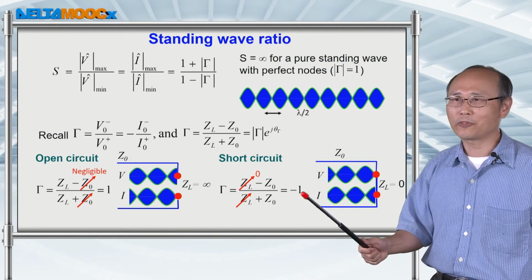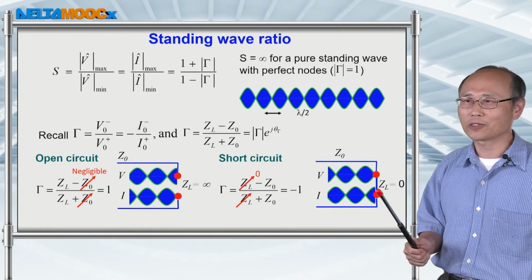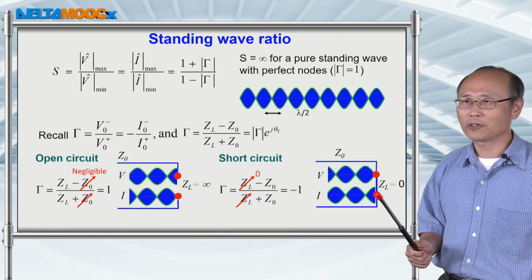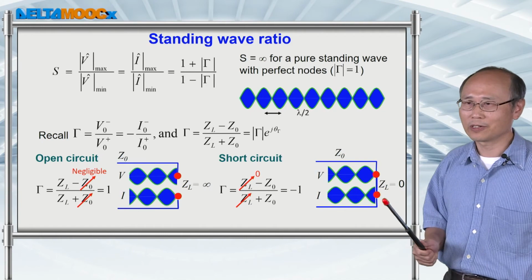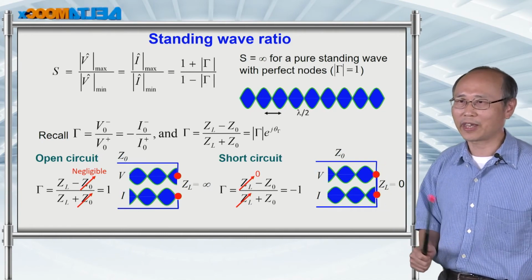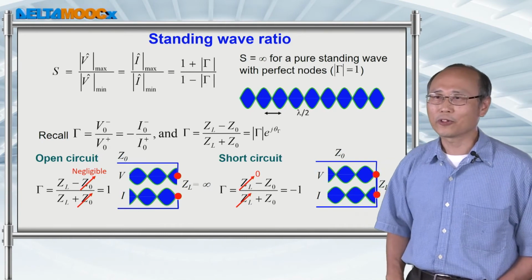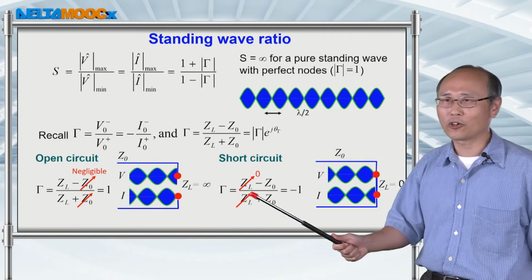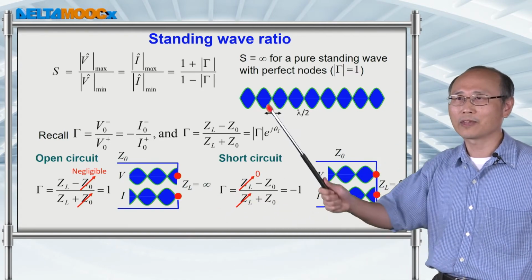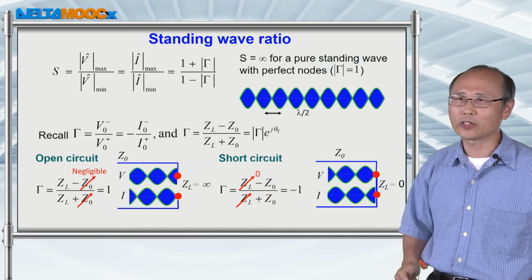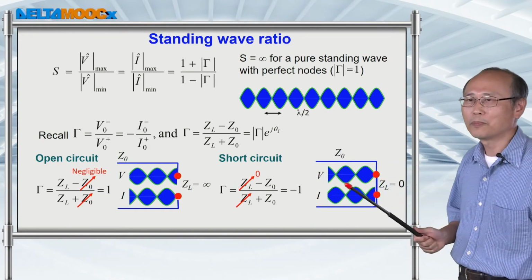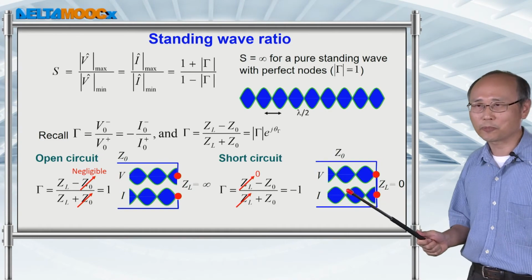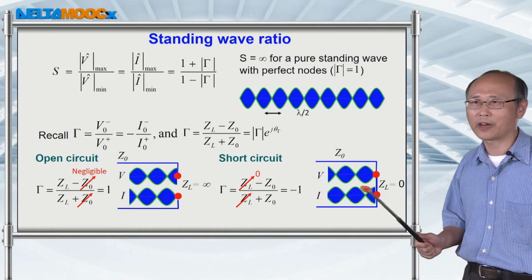And because the reflected signal is out of phase with respect to the incident signal, you end up having no voltage here because they simply cancel each other. For this case, you get reflection coefficient equal to -1, and then your standing wave ratio is infinite. This means that you are going to have a perfect standing wave, or 100% contrast standing wave, on this line.